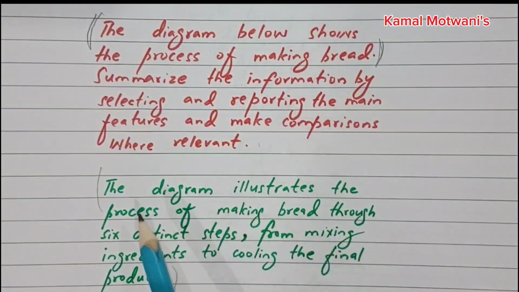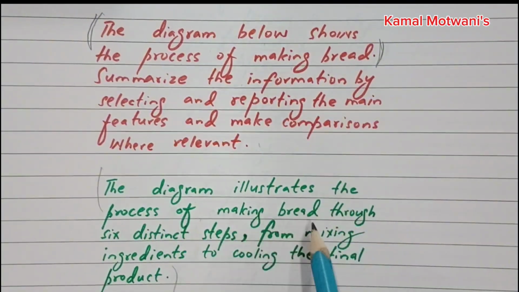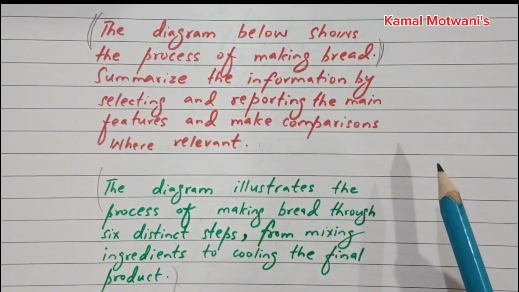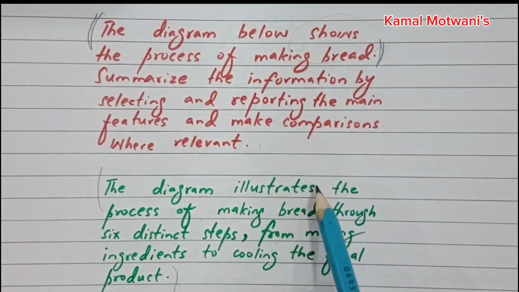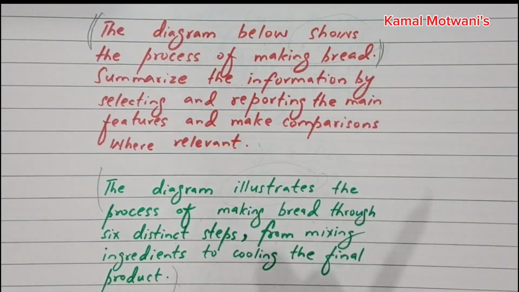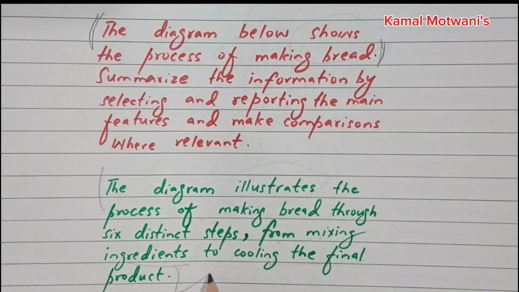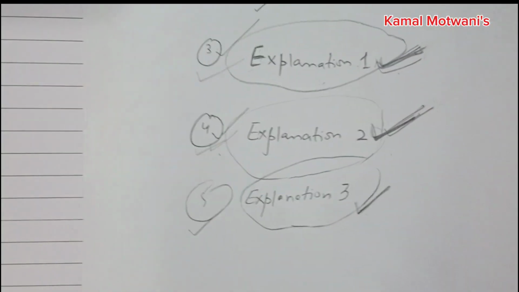Let's read it. The diagram illustrates the process of making bread through 6 distinct steps, from mixing ingredients to cooling the final product. See, I have used a synonym in place of shows. I have used illustrates. Then I have depicted the steps superficially, not in depth. Rather, I have given the overview of the steps in the introduction. This is how, from mixing ingredients to cooling the final product. Okay. Then after that,